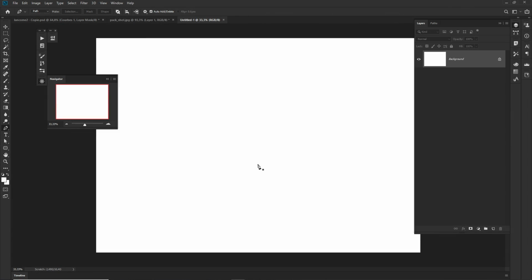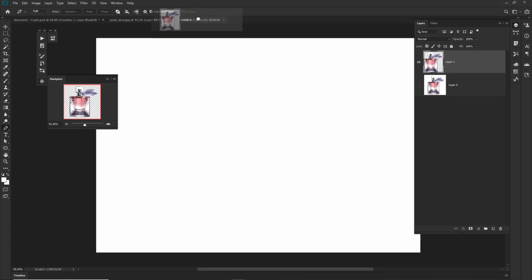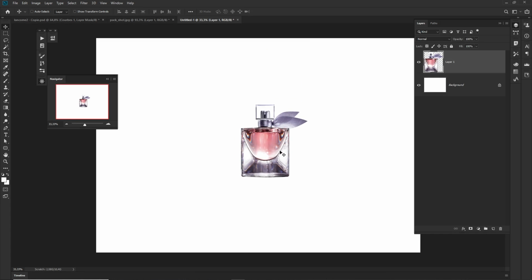So now I got my Canva. I'm going to drag and drop this layer from my pack shot here. You hold the click and put that into your new Canva. So what is special about it: if you want to put this bottle into the center, there are two ways to do that. You can select the two layers with Control or Command and try to put that onto